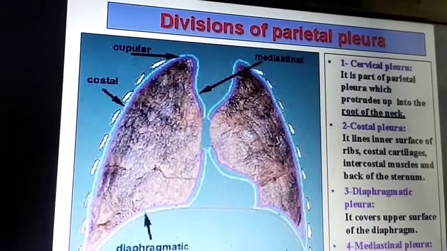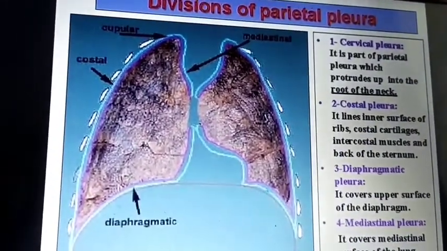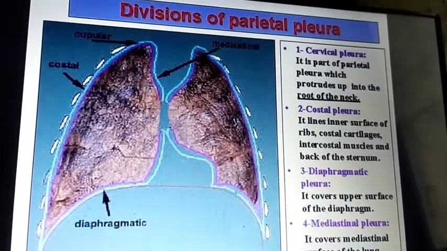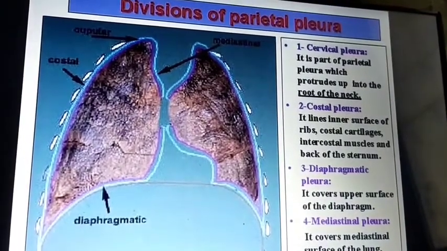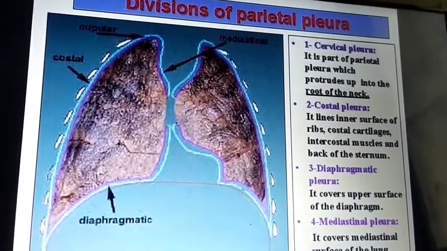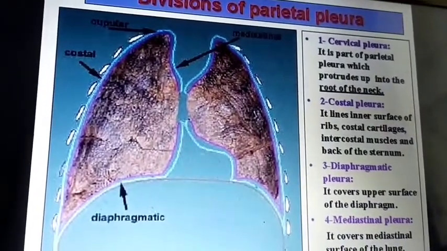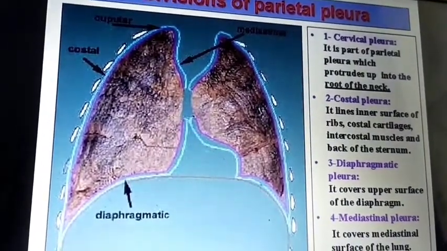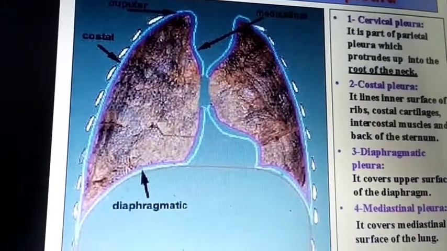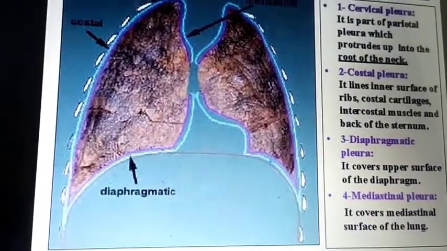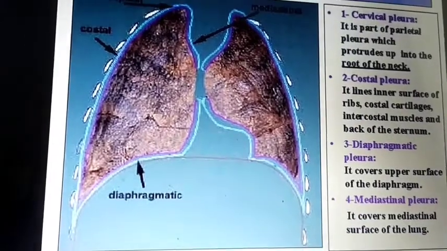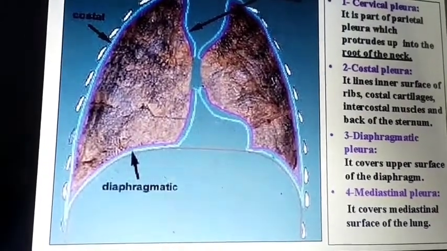The costal pleura lines the inner surface of the ribs, costal cartilages, inner costal muscles and back of the sternum. The diaphragmatic pleura covers the upper surface of the diaphragm. The mediastinal pleura covers the mediastinal surface of the